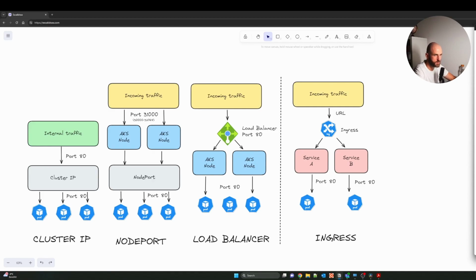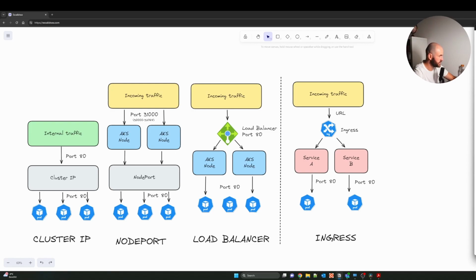Okay, so now we can start by discussing the different ways of exposing a container or pod. As you know, pods are ephemeral, so IPs are not a way to communicate with other services. Also, applications can scale in Kubernetes, so deployment names cannot be used because they are randomized. So we are going to use Kubernetes services to expose applications internally and externally. Through services, we are going to be able to build highly available applications by load balancing them. Also, we'll be able to restrict the flow of network traffic through network policies. We'll see that later. And we can also configure traffic with SSL termination or routing on layer 7.